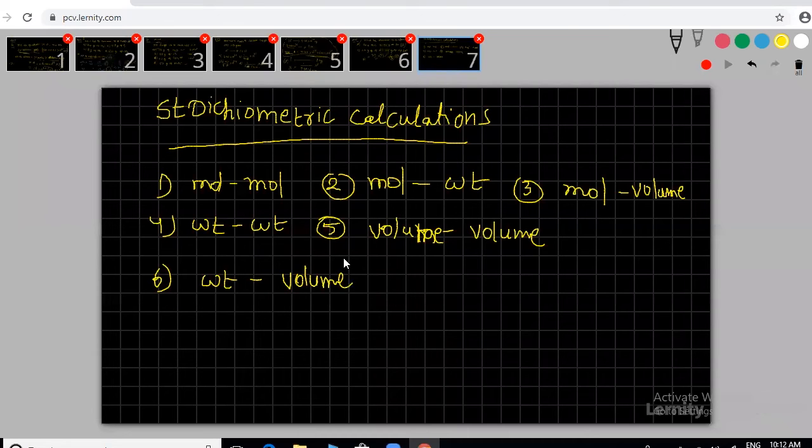Even if you write them differently, it doesn't matter. All have only one category. If you understood any two models, the remaining you can do. You don't even need to solve every one of the categories. Clear? So these are the types of problems. If you note them down, then you can proceed with the first type, mole relation problems. You can write in your own words how to solve the problem. That's up to you, sir.